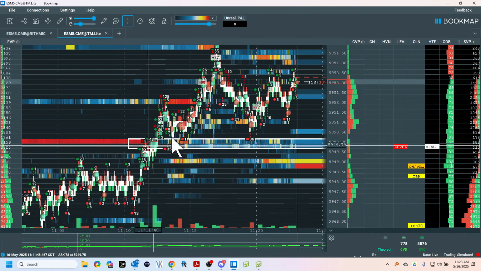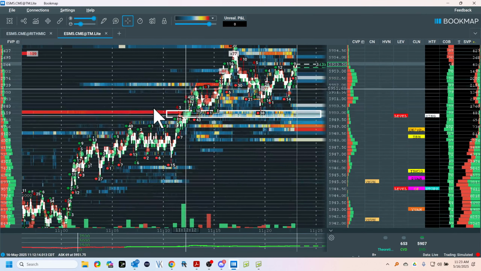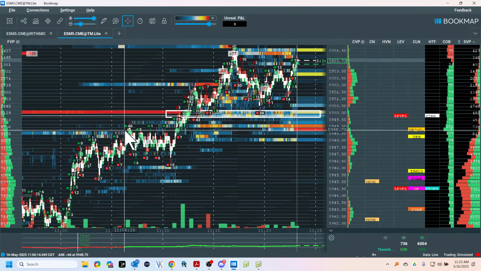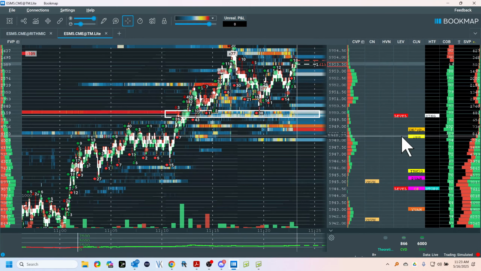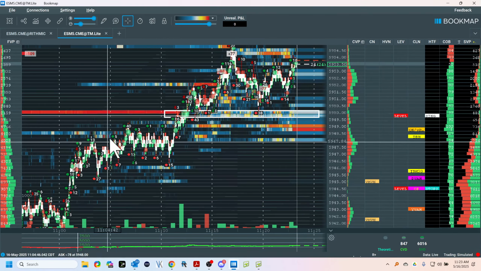I know what might happen. That's as far as I get with this. I know where it might happen. I know why it might happen. I know what this is right here. What is this? This is the IB continuation trade. And where does it set up? It sets up here.